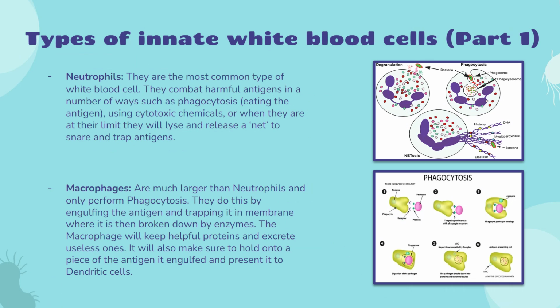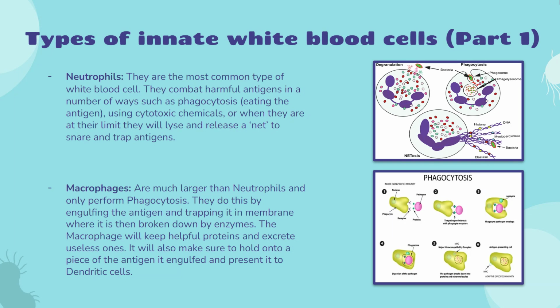Starting off with the neutrophils. They're the most common type of white blood cell. I believe they make up roughly 70% of the white blood cells in your body, so they are quite plentiful. They are first responders. They combat harmful antigens in a number of ways, such as phagocytosis, where they basically engulf